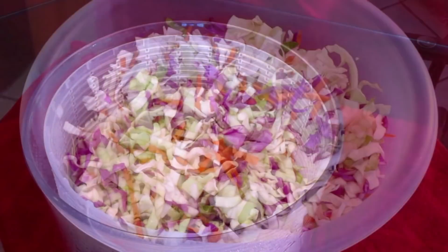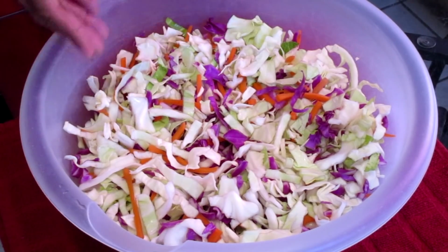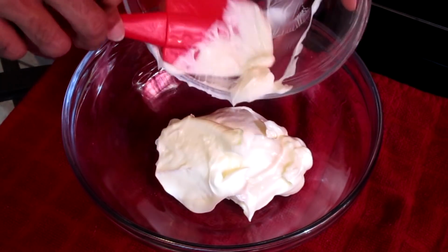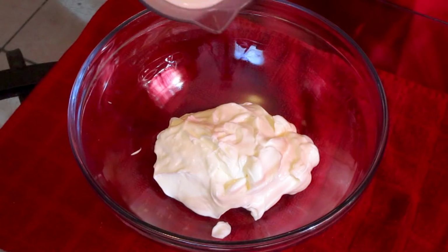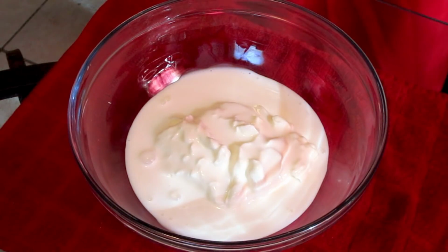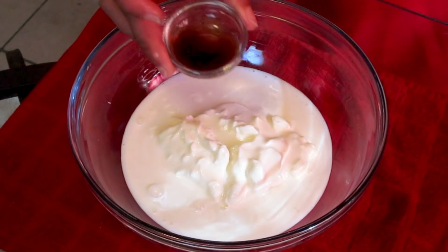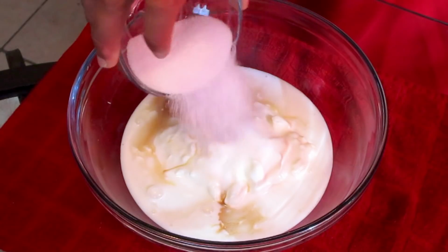Okay, we've transferred our coleslaw mixture into a large bowl. It's looking pretty good. Now let's make our dressing. Add 1 1/4 cups of mayonnaise, 1/3 cup of buttermilk, 2 tablespoons of vinegar, 1 tablespoon of Worcestershire sauce, 2 tablespoons of sugar,